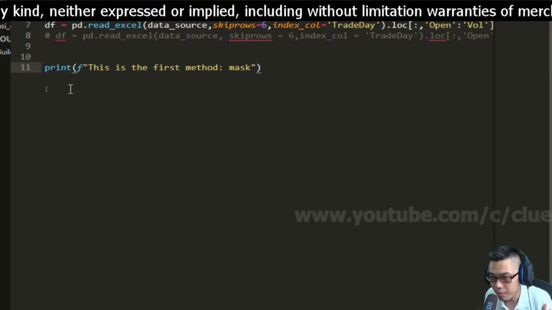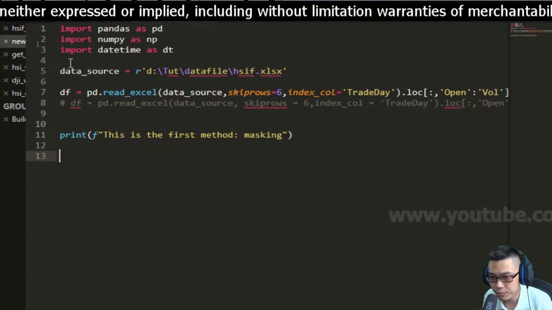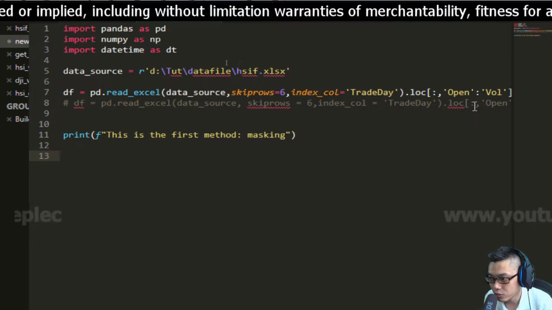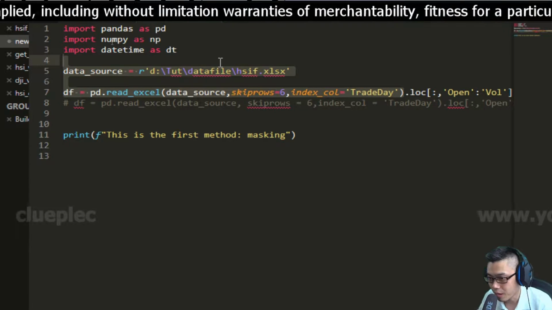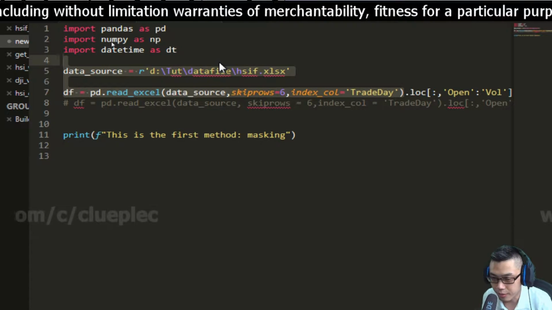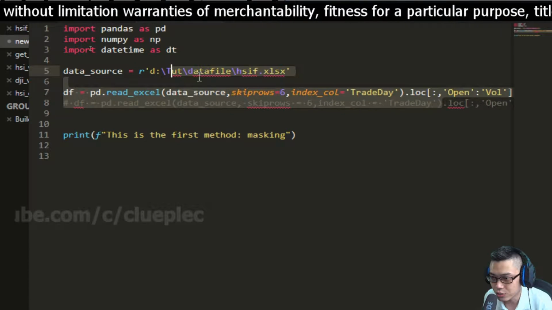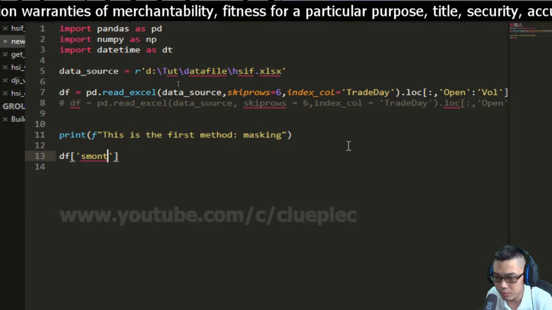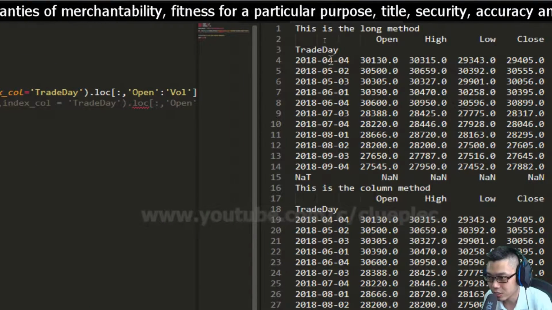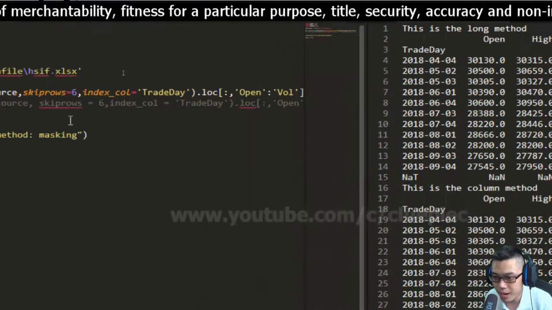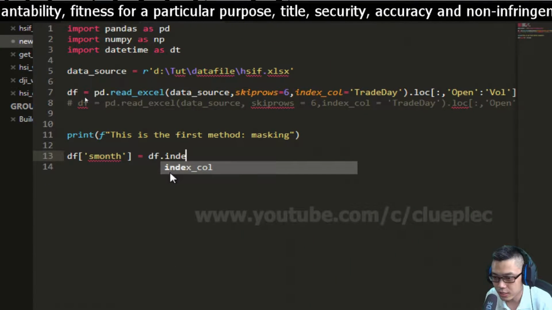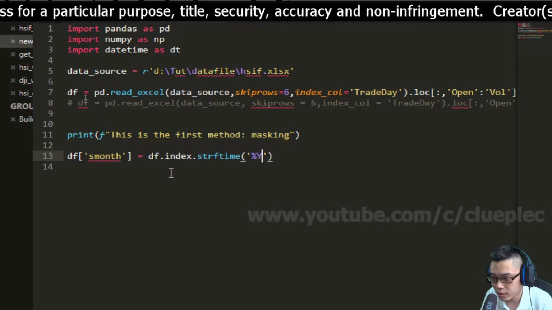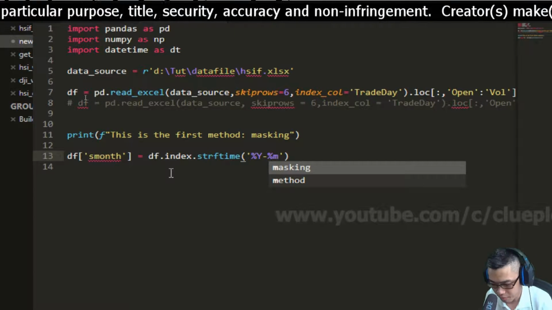So if you use the masking method, I assume that you called out your stock price information: open, high, low, close. In my case, I'm just calling it from my local drive, but you may get your stock data from elsewhere. So I just assume that you get all your stock data. Okay, I create an extra column called as month. Since my index is trade day, so it's in date format, so I can use the